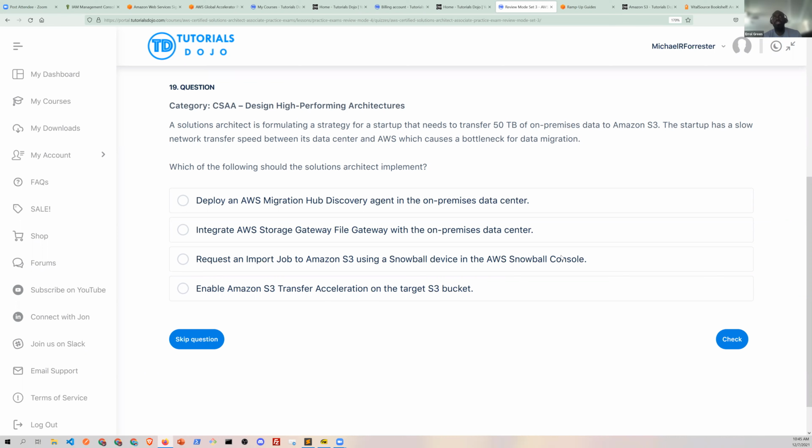Wouldn't it be the snowball? Oh, no, sorry. D, the S3 transfer acceleration. All right, so Gayatri, you were saying D, and Errol, you're saying C, right? Yeah. Good. Okay, so let me ask you this. What does transfer acceleration actually do? I think it speeds up the process. Okay, good. So let's talk about that for a second, because understanding this will help inform your answer.